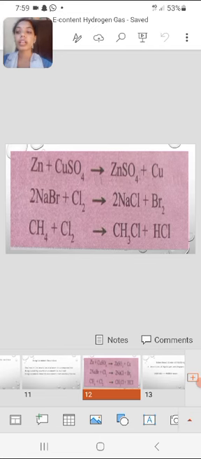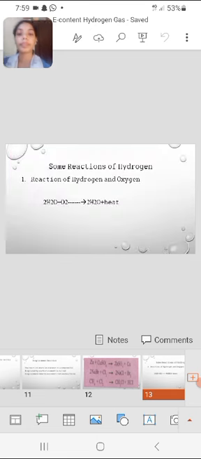Next, we check some other reactions of hydrogen. First is the reaction of hydrogen and oxygen. Hydrogen burns in oxygen to form water. This is an exothermic reaction. The chemical equation of the reaction is